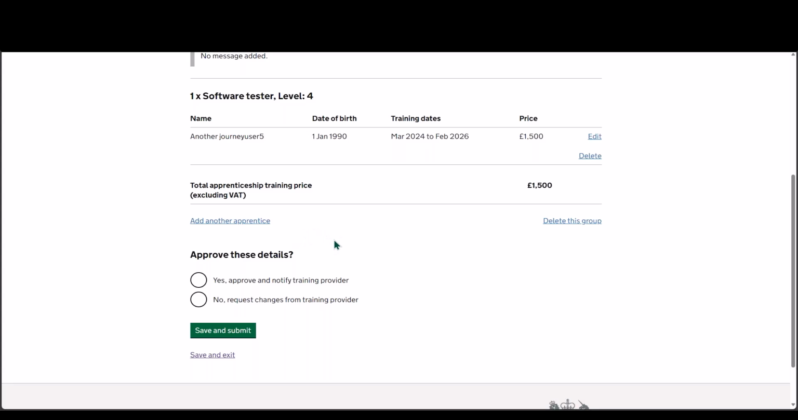The second option is yes, approve and notify training provider. This means that you are happy to confirm all the details and for the apprenticeship to start. If you select this option, you will not need to reapprove the apprenticeship unless the provider changes any details. The third option is no, request changes from training providers. This will send the apprenticeship record to the provider to amend and approve, and you will then be asked to